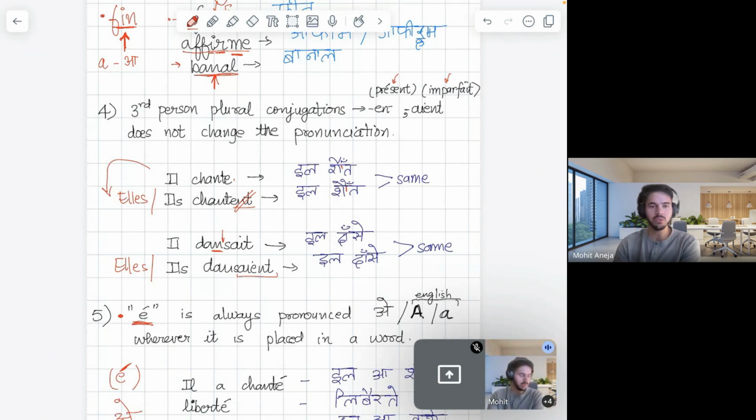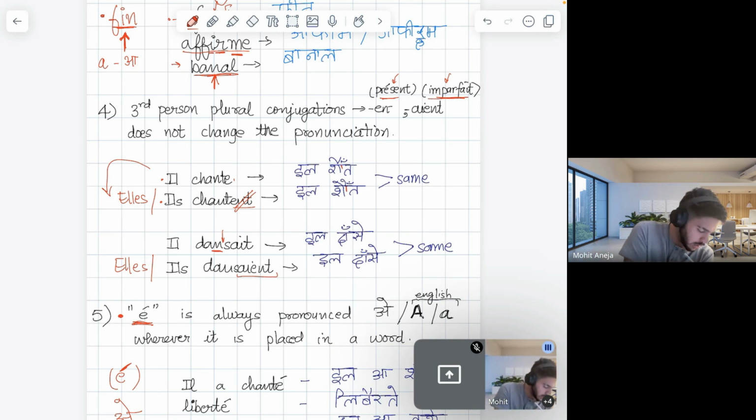The fourth rule is about the conjugations that we're going to learn. When we learn the conjugations, we are also going to do the pronunciations for those words. So the general rule I'm going to discuss is for present tense and for imperfect tense: whenever I change the il singular to ils plural, the pronunciation of the conjugation, even though it changes a lot in writing,